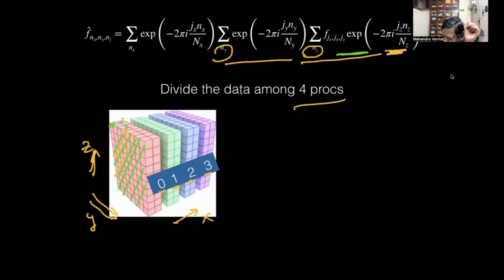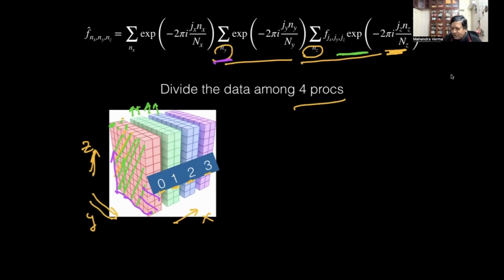Then once I'm done, what do I do? Along y direction. So now I will have horizontal columns. I hope you get it. So this will be the z sum direction, and this will be the y sum direction. And I do it simultaneously among each processor. When this sum is happening along z direction in processor 0, processor 1 is also doing that sum, and processor 2 is also doing that sum. So this is done in parallel. Y direction sum is also being done in parallel. The data is available within the processor, so they can do it.